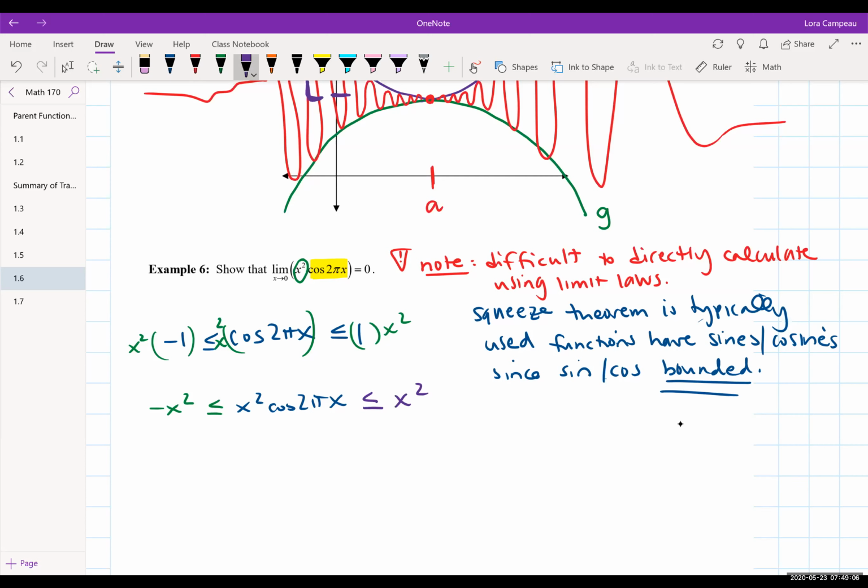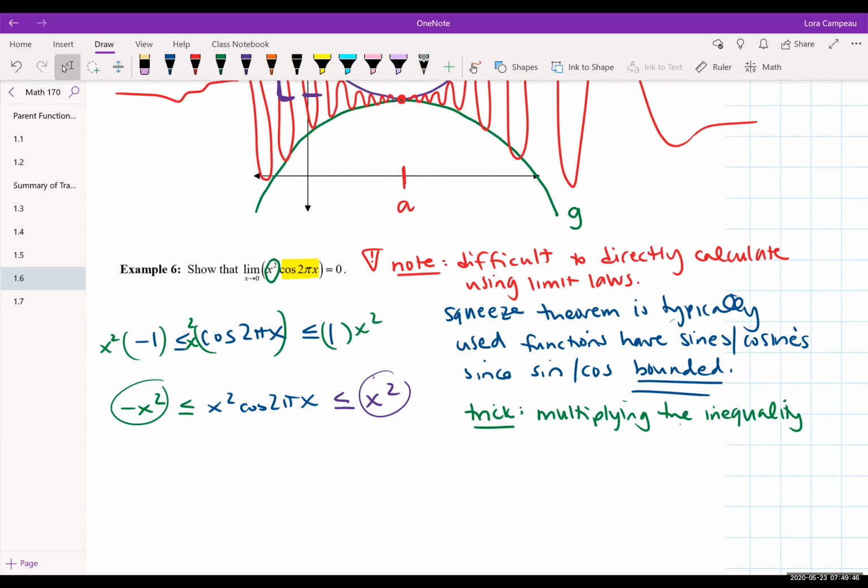So what you've just done, you utilized a little trick: you figured out what your two functions are that you're going to use for the squeeze theorem. Looks like we're going to play with f of x equals -x squared and f of x equals +x squared. And the trick, just so that we're clear, is you are going to be multiplying the inequality by something. Once you figure out the bounds of your particular part of the function, cosine or sine, you're multiplying the inequality by something,